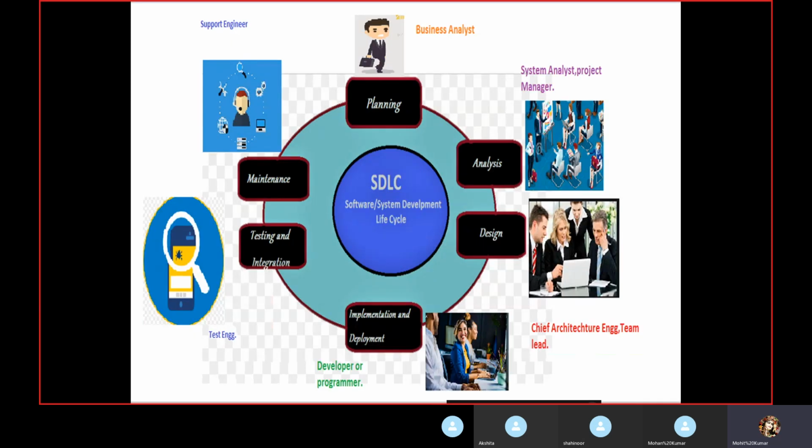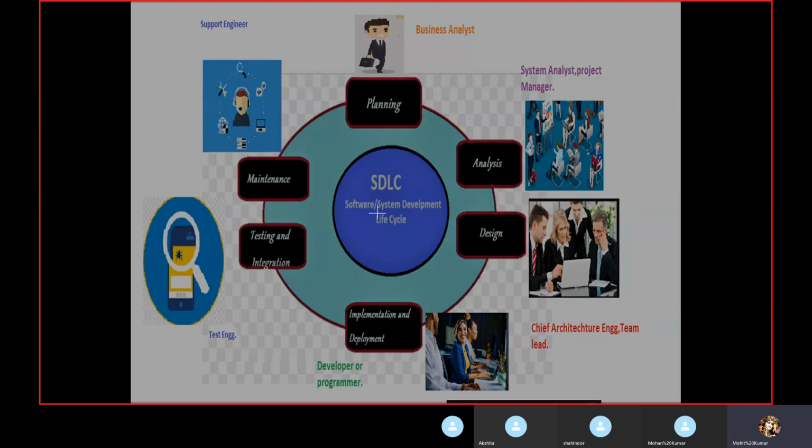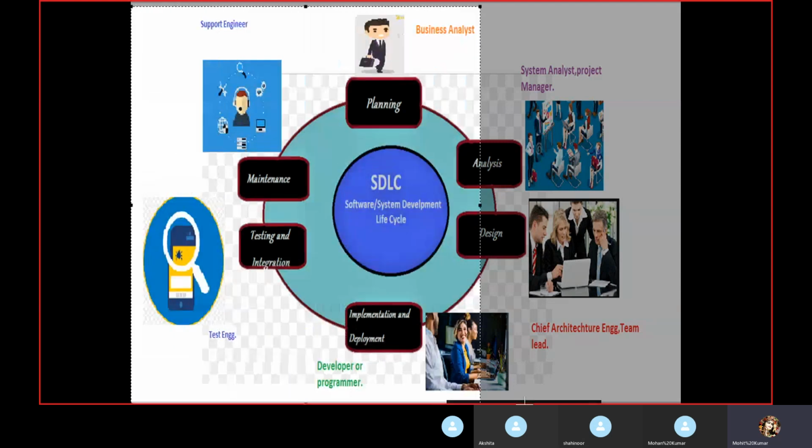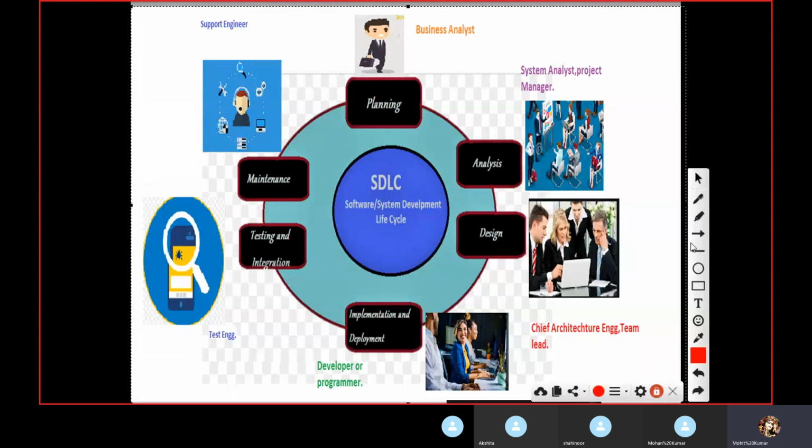Next we have the software development life cycle, right? Yesterday I gave one introduction regarding it. We have planning or requirement gathering, right? So this is your TCS company, and one is your Amazon.